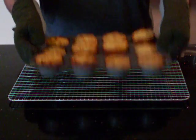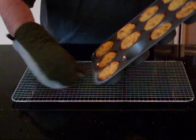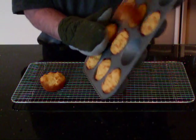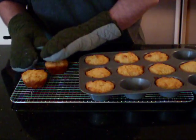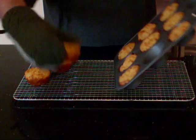So, bang them on your tray to loosen it up. Get a cooling rack. Oops. There goes one, and another one. Make sure your counters are clean before you do this. You can use a fork